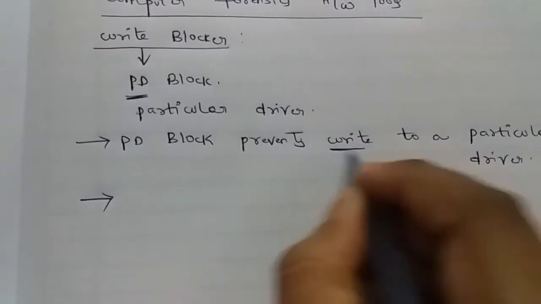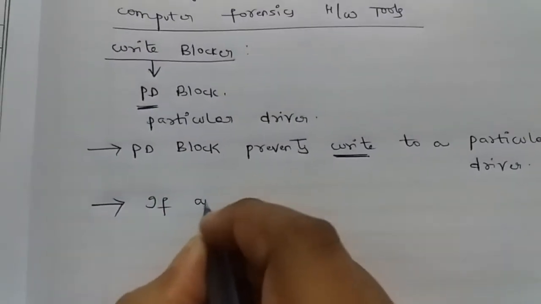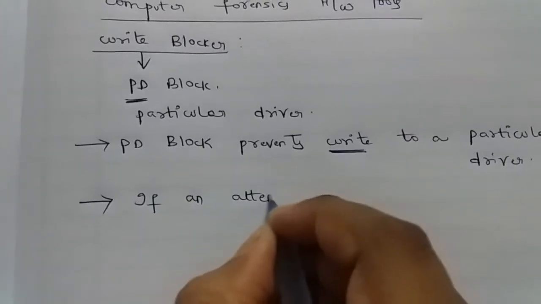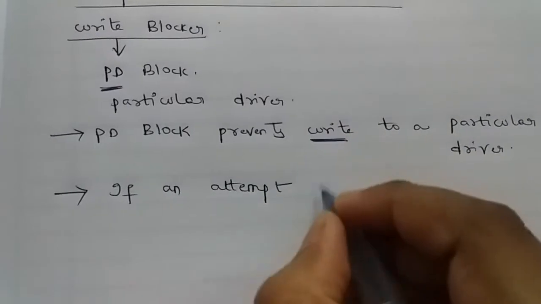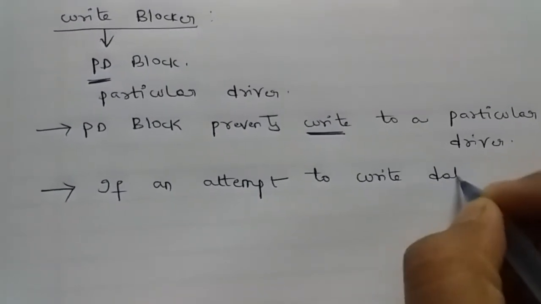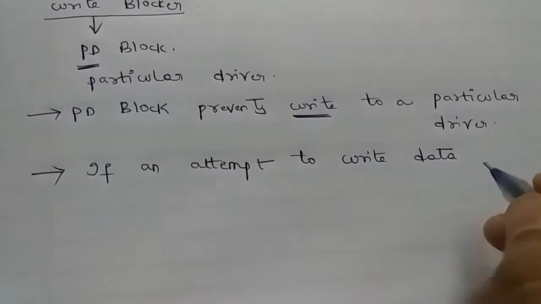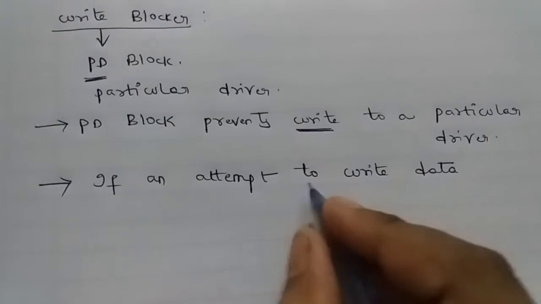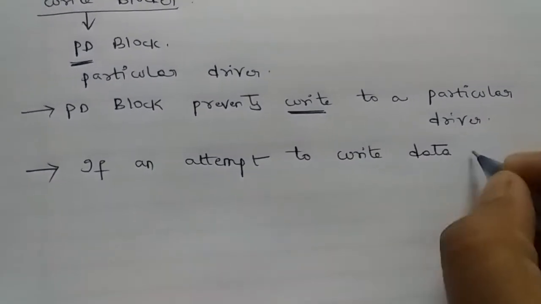For example, we have to attempt to write. If an attempt to write data to a particular compact disk or any disk is made,